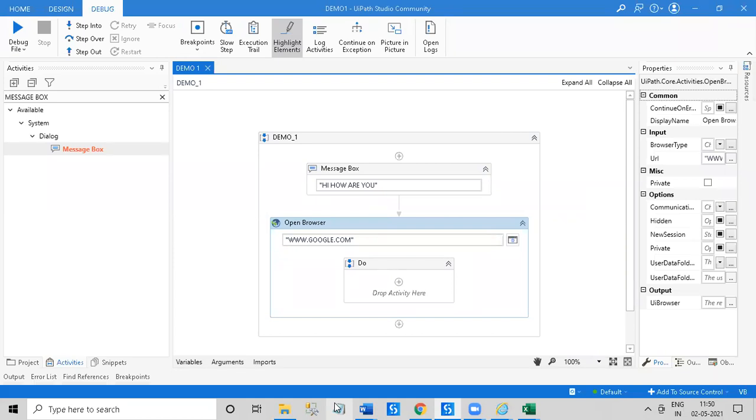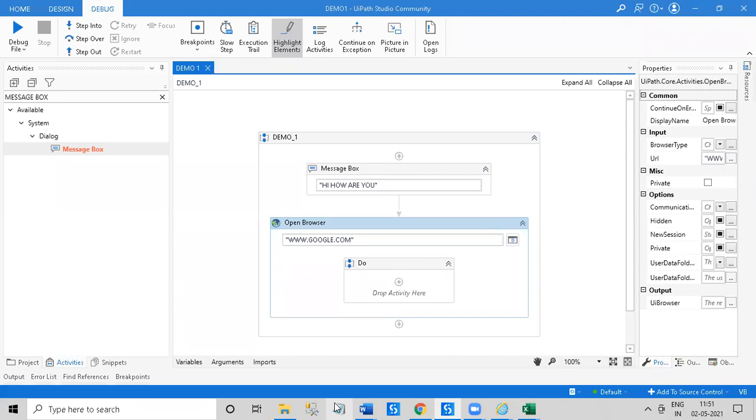After deploying the process to the client, we can schedule it according to the requirement. Let's suppose they tell us to schedule this process every 1 hour. Then, using the orchestrator, we can schedule the process. And even if we are not using the orchestrator, we can schedule the process using a batch file and so on.